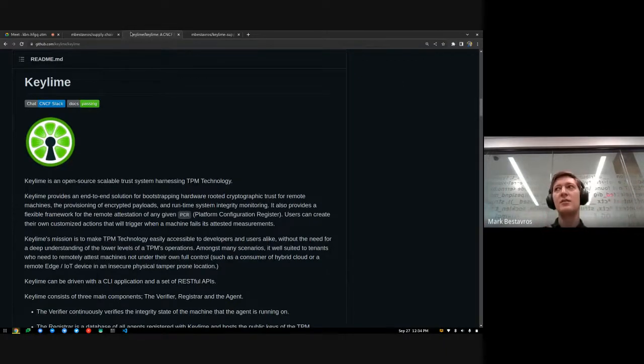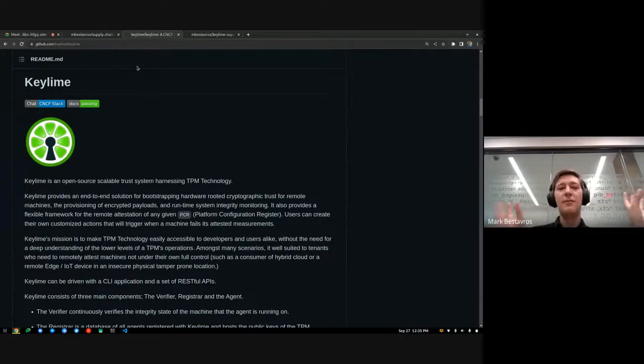It's a project that provides tools for effectively runtime remote attestation, a hardware-backed remote attestation. So if you have a machine running and you have Keylime monitoring that machine, you can verify that the state of that machine matches some expectations that you have. In a nutshell, that's what Keylime is. It has a lot more capabilities, but that's what you need to know for this demo. And the way a user would define what you would expect a machine state to look like is through a Keylime policy. And there are many ways that policy could come to exist, but